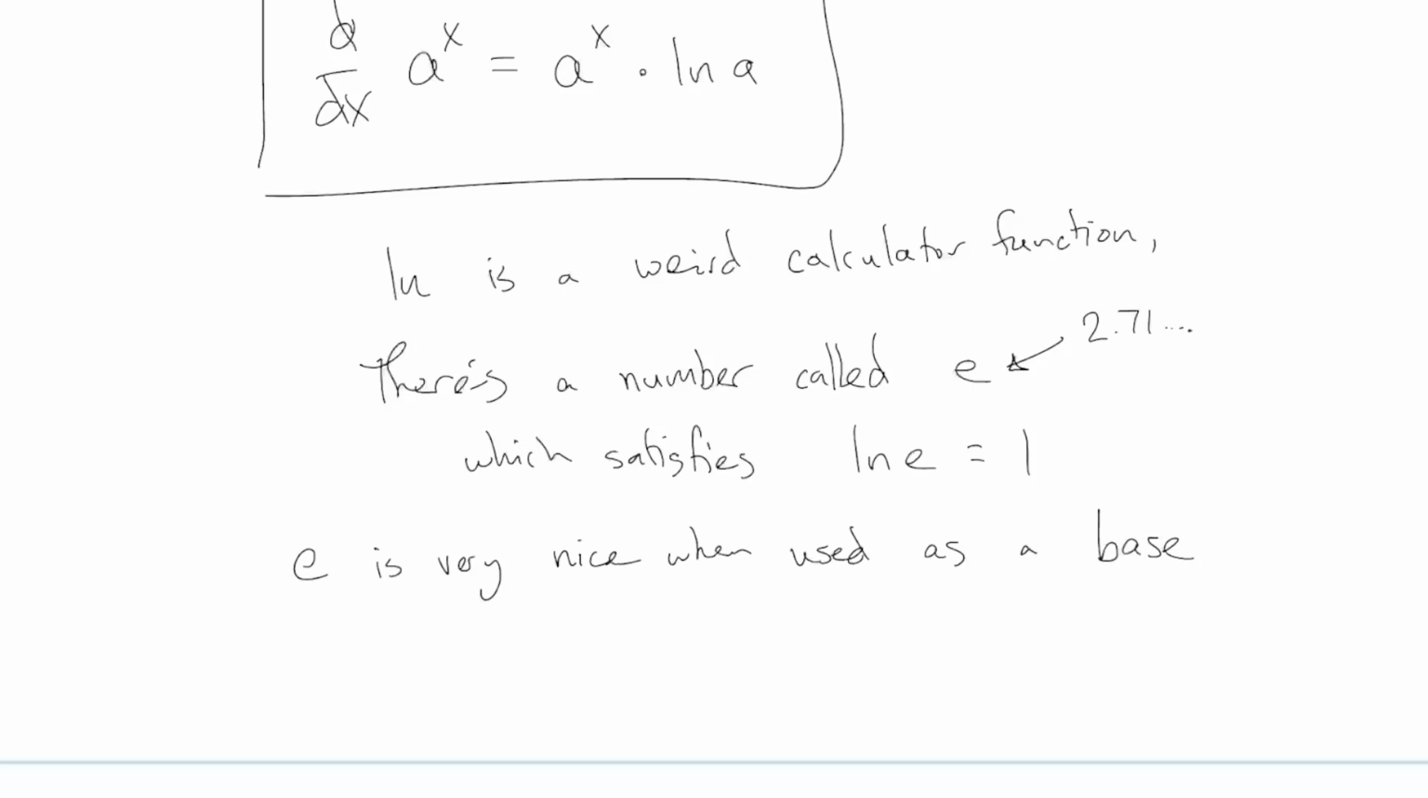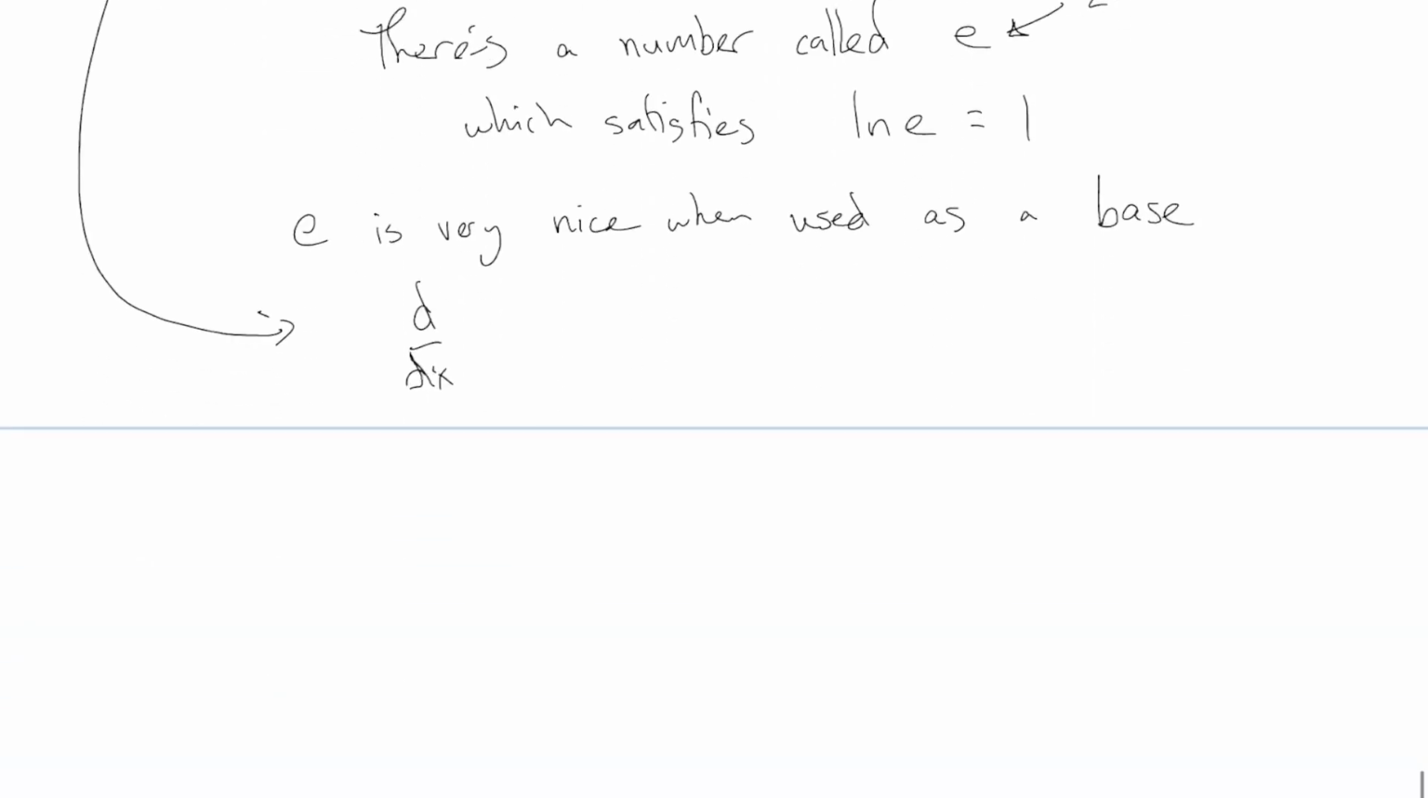This number e, compared with pi, is actually very new historically speaking. Pi was discovered thousands of years ago, but e was only discovered in the 1600s, I believe, when people started doing calculus. Before that, nobody really cared about e, but it's super nice when you use it as a base in calculus, because this formula here, if I write it down using e as my base, it will say,